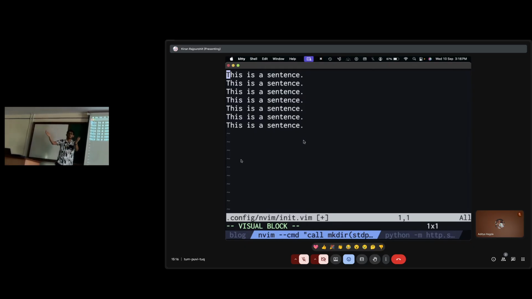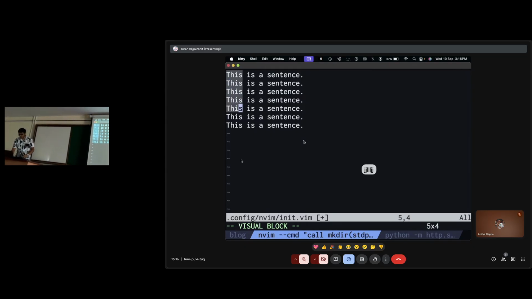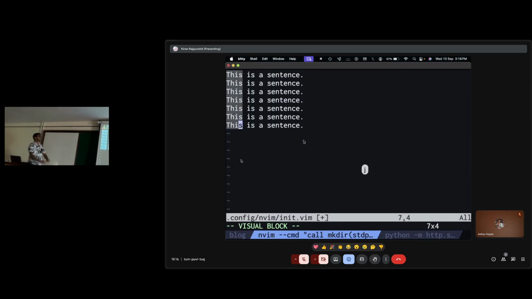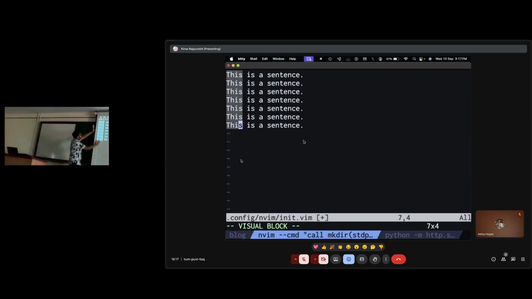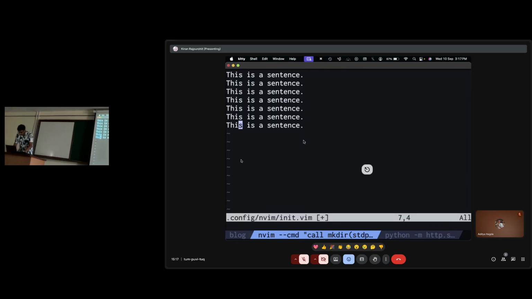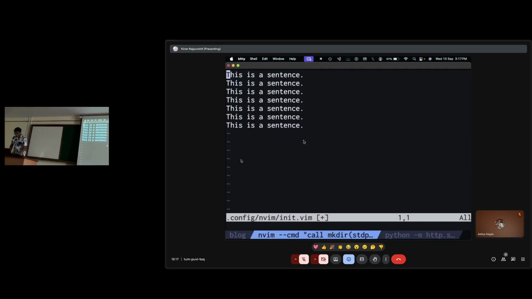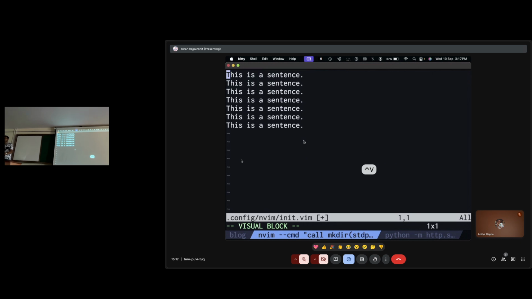Is everything fine so far? Now if you just move around a little bit, you select just this block of text. Make sense? Can I repeat? Yes, absolutely. I'll press k a bunch of times to go up, 0 to go to the start of the sentence, and do Control V. What Control V will do is put you in visual block.